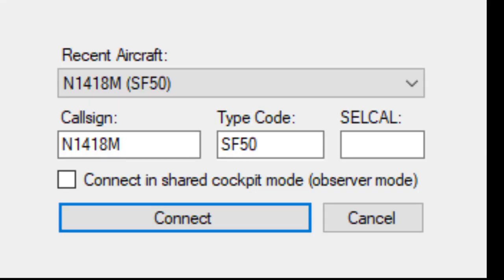You'll see a window like this that opens that will ask you for your call sign, your aircraft type code, which most of the time, if you're flying an airline, is whatever aircraft you're flying. So if you're flying an Airbus A320, it would basically just be A320, and your